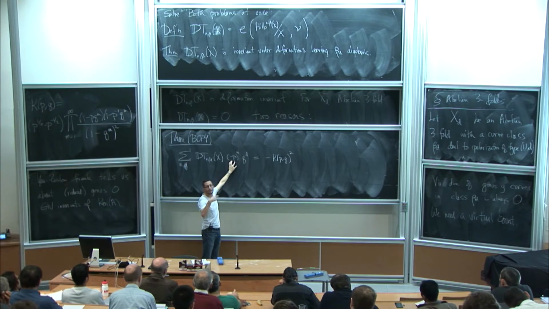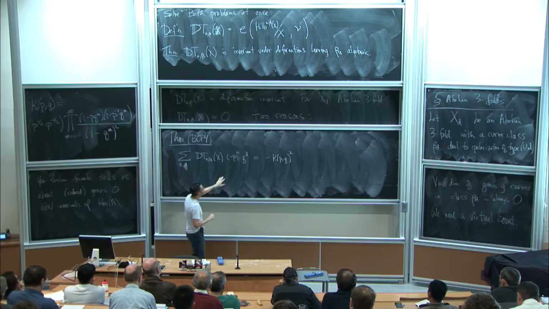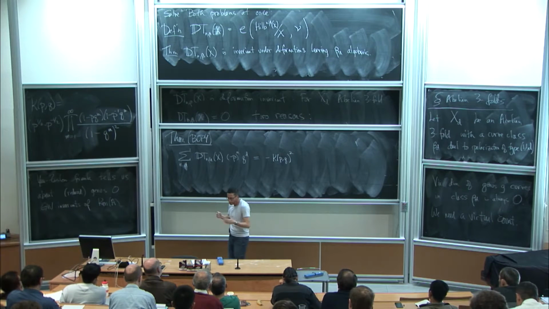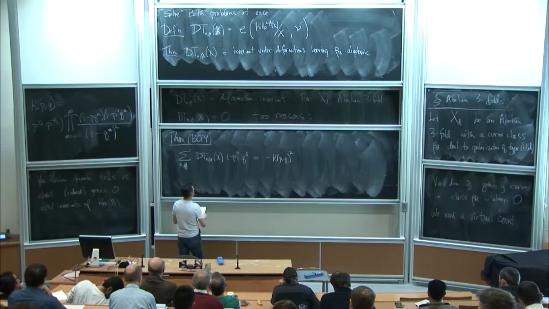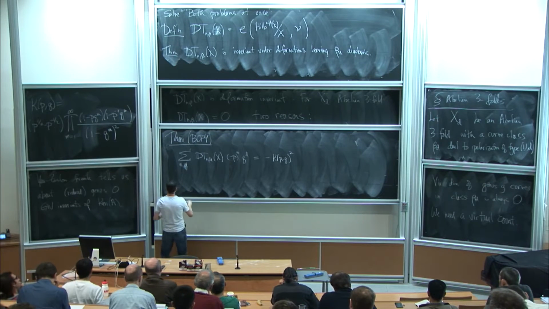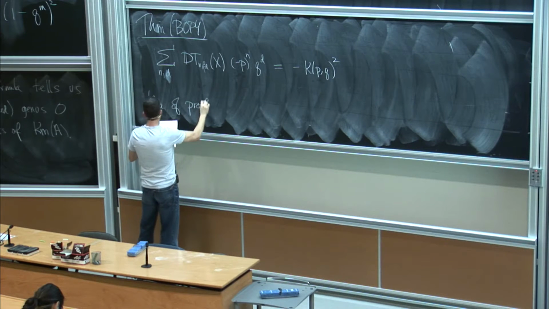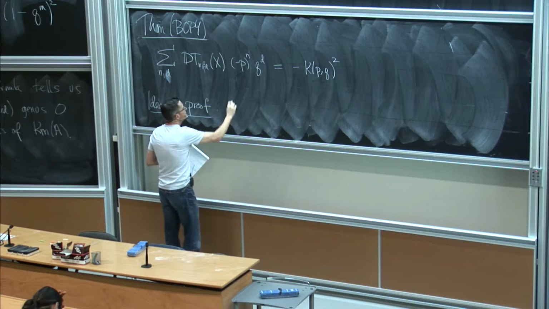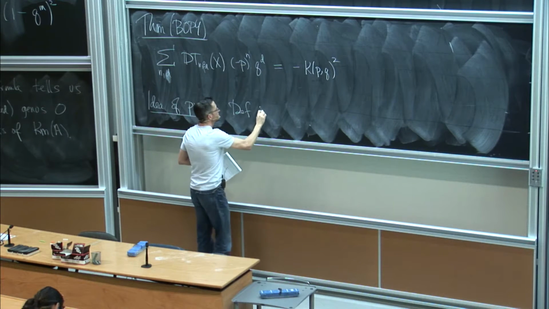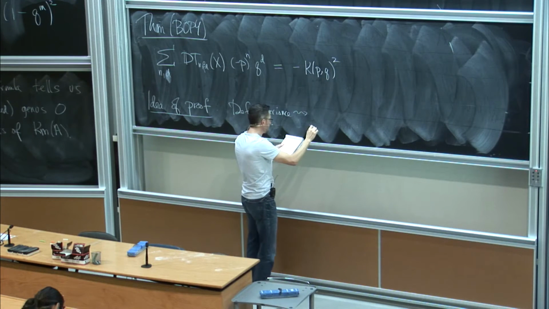In general, they're rational functions invariant under P goes to minus P. And that has a long history in this subject. So yeah, that's an important part of the story. Okay, so let me just give the idea of the proof here. We can use deformation invariance. We can assume